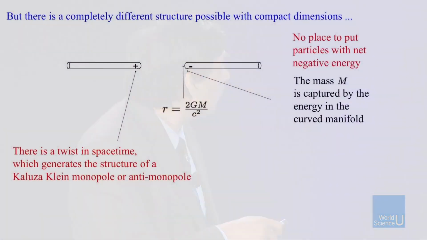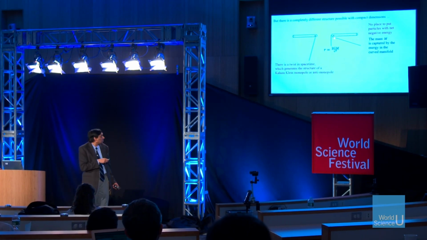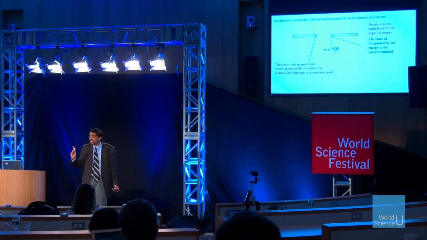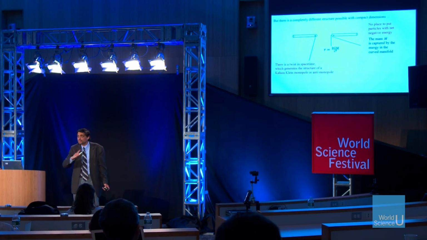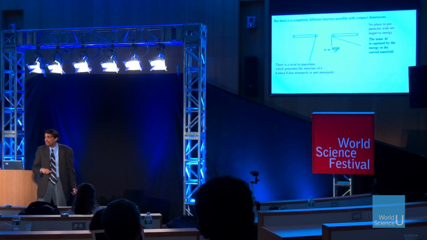What do you get at the end of the day? What you get at the end of the day is this structure. And what happened to all the mass that you had, the red dot in the middle carrying all the mass of the black hole? If that middle region is not there, there's no place for that mass. But this region is curved. And gravity, mass, and curvature are connected. And this curvature over here costs energy. And through the relation E equals mc squared, all the energy in this curvature, that's what the mass of the black hole was. So this is the actual structure of the black hole you get in string theory. And you can see it's radically different.